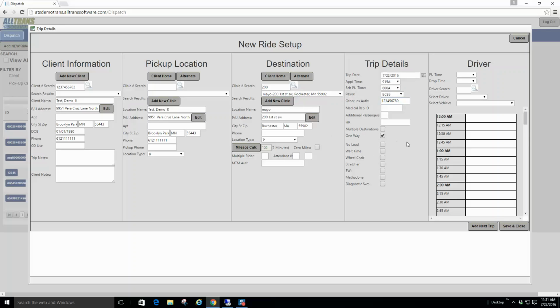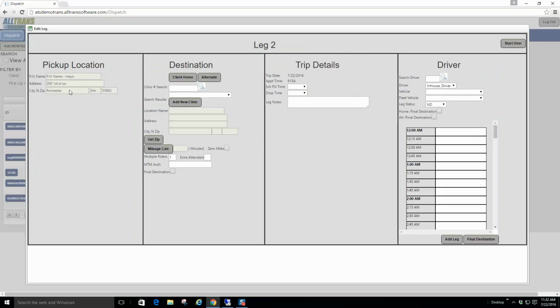And we can just save and close for a one-way trip. You can add next trip again. If it's a multiple destination, we would go save and next, and it will bring us to the second leg. So it shows you that the pickup location is in Rochester, and you can specify another clinic or the client home or alternate. If a clinic is going to be the final destination,